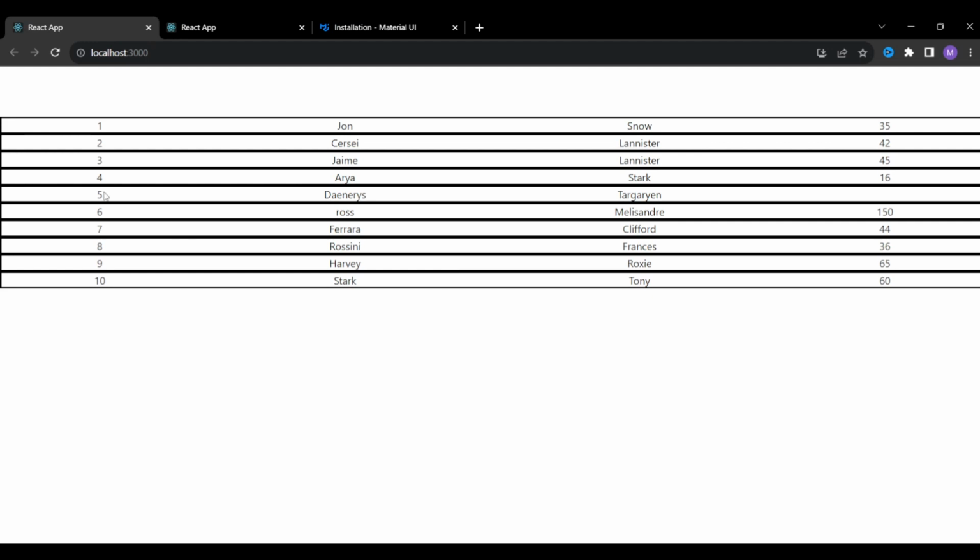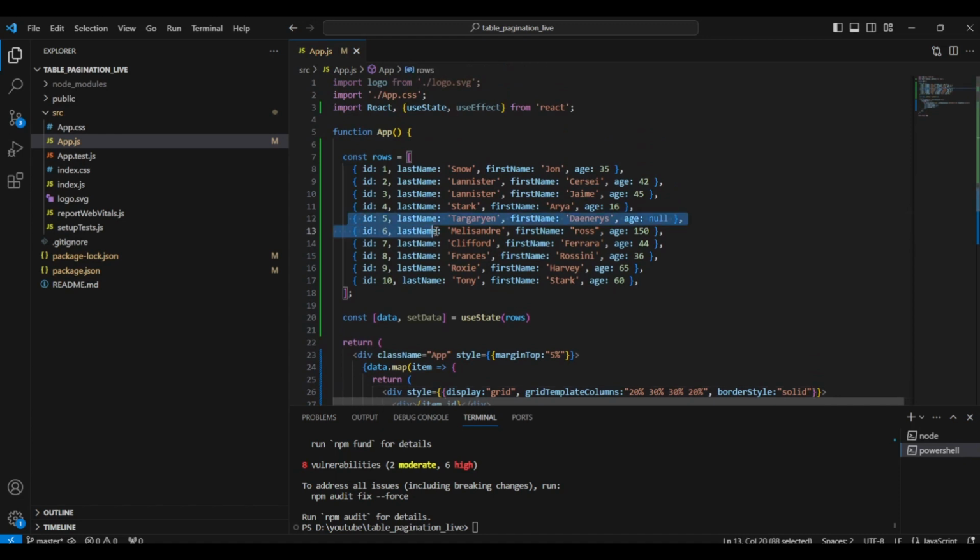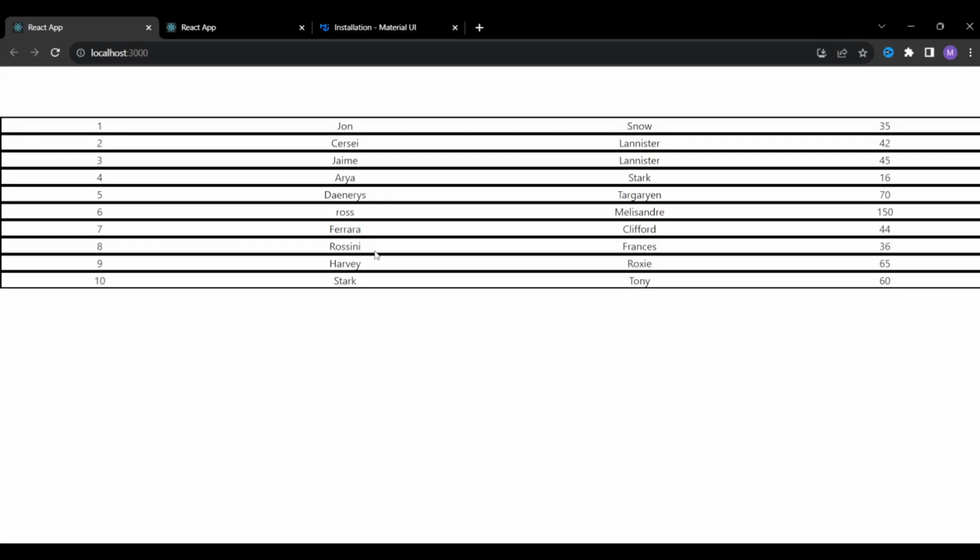So we see that in row number 5, the age is missing. So we will find row number 5 here, because the age is null. To simplify things, I'm just going to put some random age, 70. Now we can see that the table is complete, and now it's time to build pagination for this table,